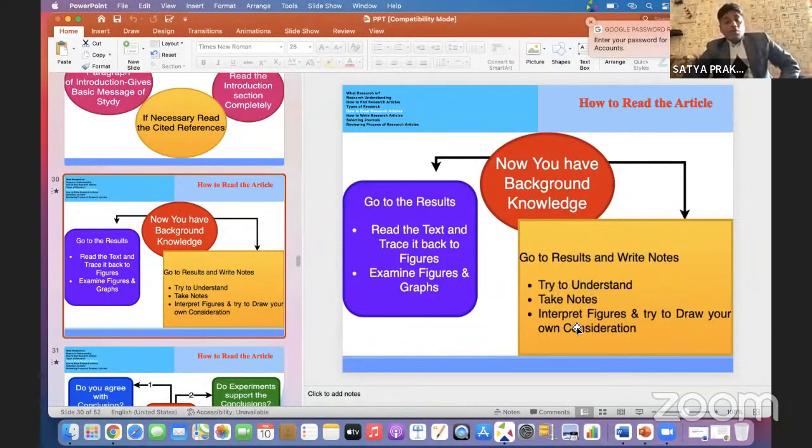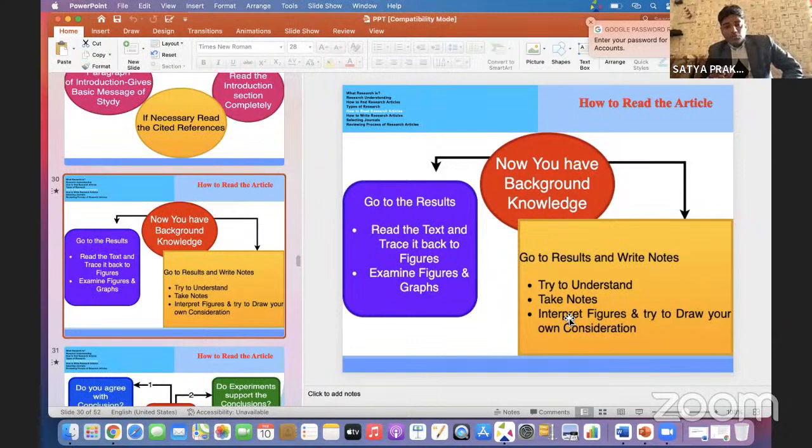Next, what you need to write. Suppose you are reading the article, so you need to write or underline what you try to understand. If you are trying to understand and you find something, then take notes of that understanding. And then there are figures in the introduction, abstract and all. The figure always speaks louder than the words.